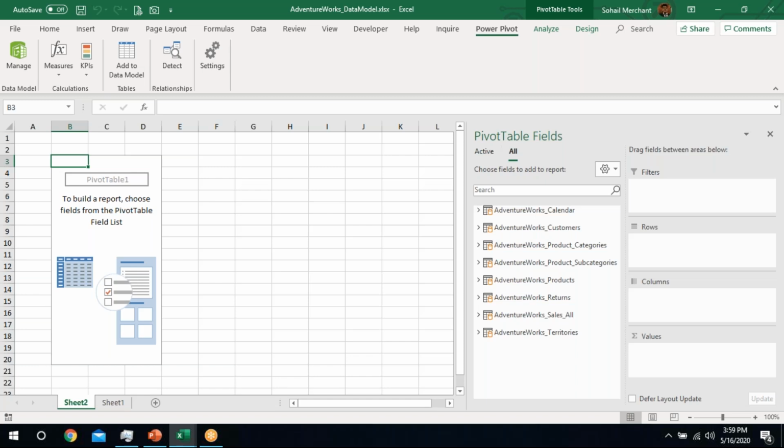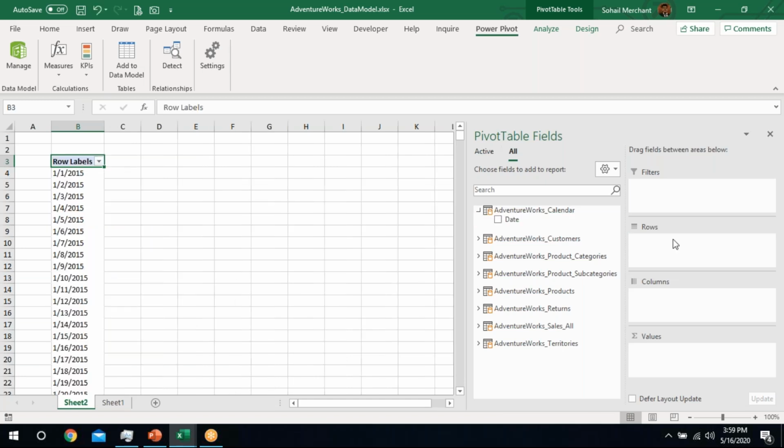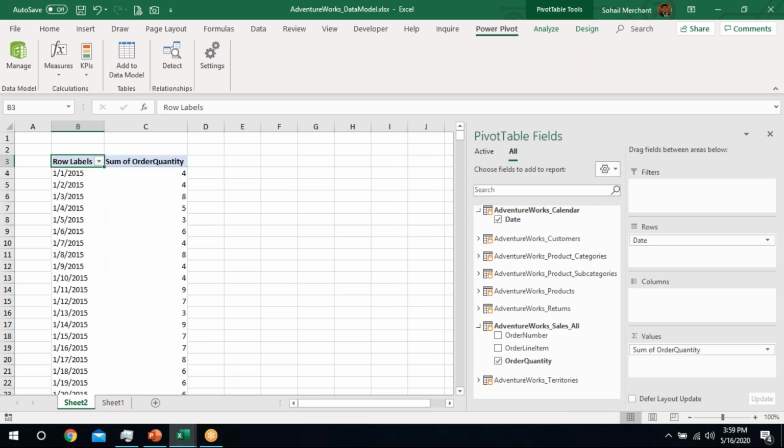I want to analyze certain things. For example, from the calendar, I want to analyze date wise my sales or quantity. So I have taken a column header from one table and am doing analysis by taking a field from another table. This is the beauty of Power Pivot.